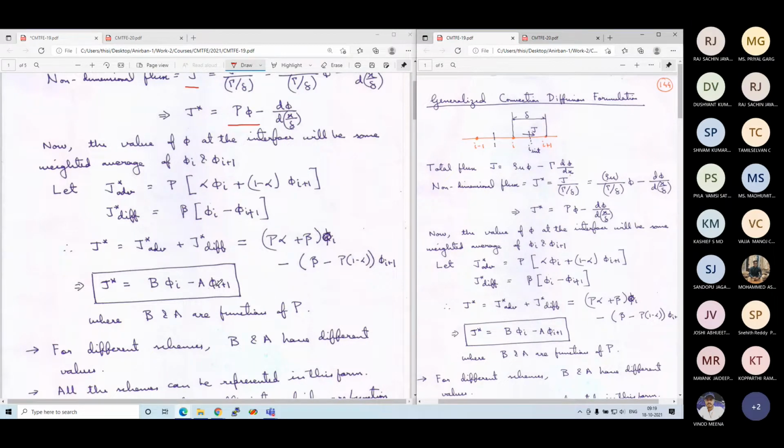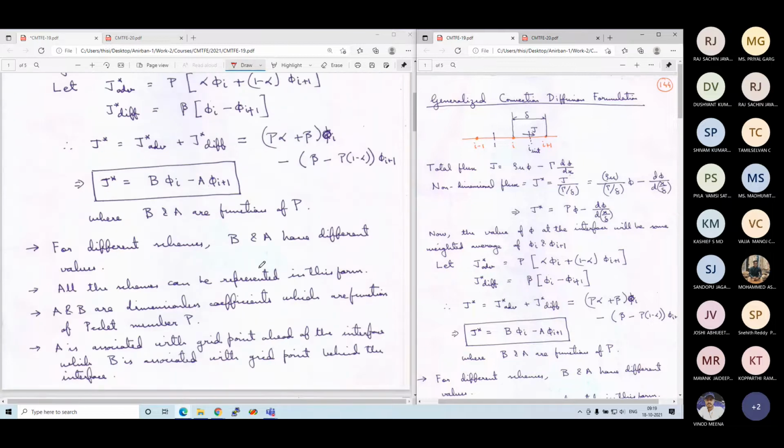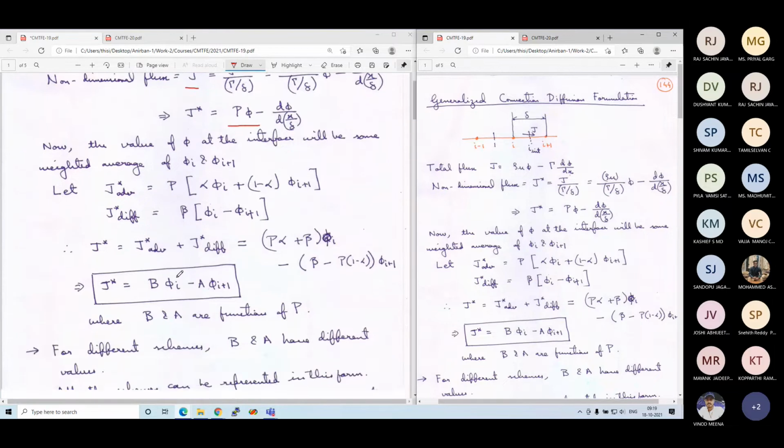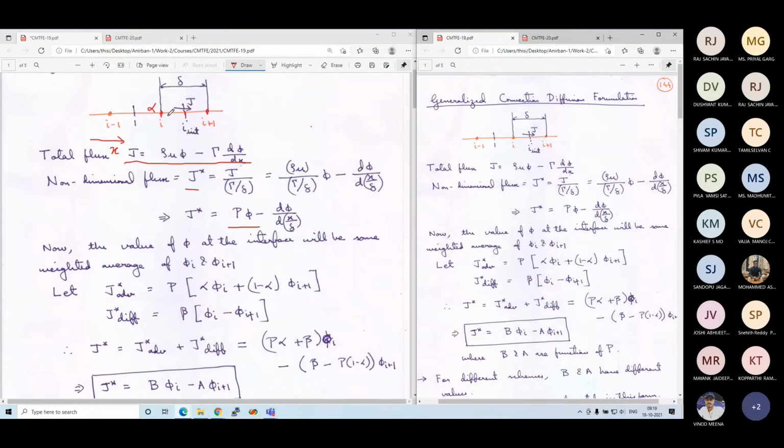B into phi I, and this term we can write as minus A into phi I plus 1, where A is also a function of Peclet number. Beta and alpha are functions of Peclet number, and we also have Peclet number here. So A is also a function of Peclet number. So J star is the overall flux, which is given in terms of these two point values, phi I and phi I plus 1,